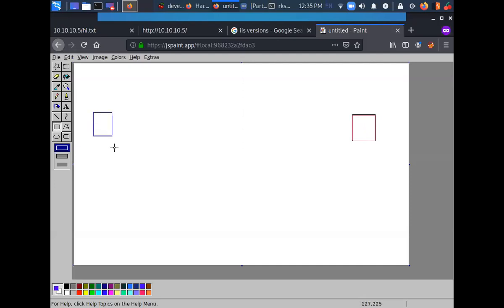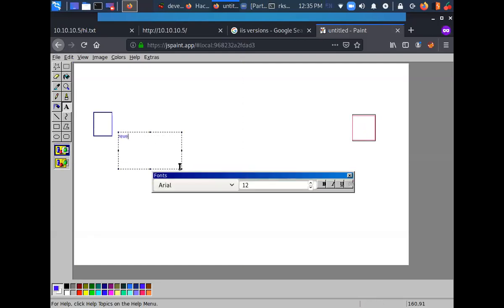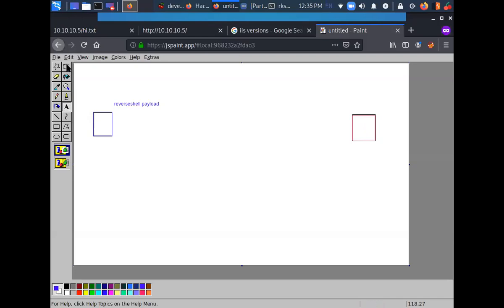Now what we are trying to do is send a reverse shell payload from this machine to this machine. I'm going to send this shell using FTP. I'm simply going to use the put command to upload this shell to the FTP server, and then I'm going to execute this shell.